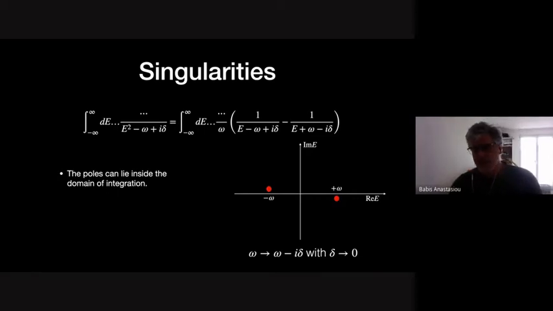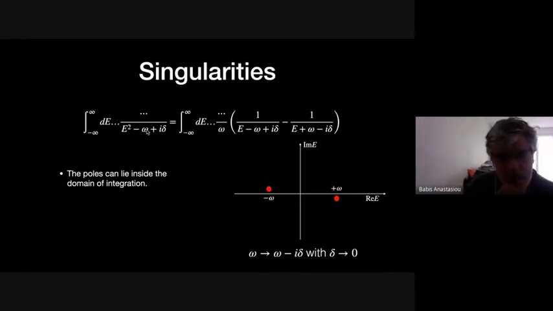So let's start by looking at the singularities. I think for your audience I don't need to say much, but let me just remind a few things for the sake of having some reference for the later parts of the talk. The singularities in the amplitude come from the denominators of propagators. Here, I'm sorry, I'm missing an omega squared, but what you have is poles from the denominators, and each propagator contributes two poles.